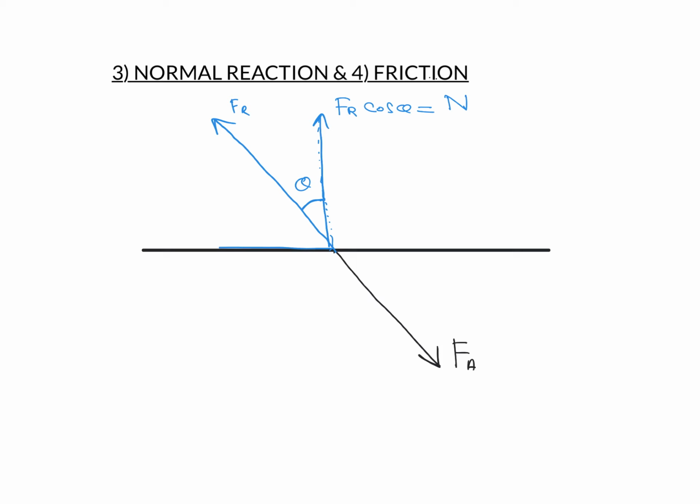Similarly, we can find the parallel component of the reaction force. That we can write as Fr sine theta. This parallel component of the reaction force is known as friction. In general, we represent it by F. So normal reaction is the perpendicular component of the reaction force, and frictional force is the parallel component of the reaction force. So these are the four forces that we use in this chapter: weight, tension, normal reaction, and friction. Under a separate topic, friction, we'll discuss this in detail. Now just remember that it is the parallel component of the reaction force.